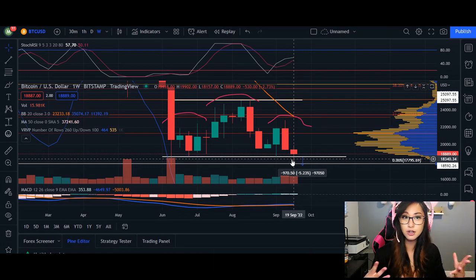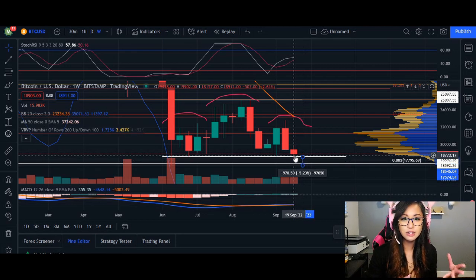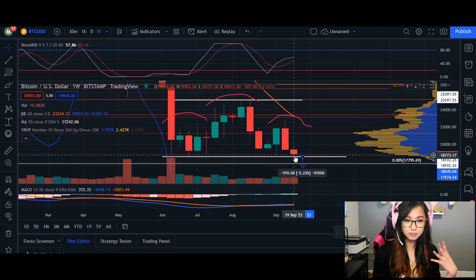We're going to take a look as well at the daily chart and the characteristics of our candlesticks, if there are any, to see where the price is going to go. As we can see with the RSI at the very top here at 57 and 50%, we haven't really confirmed if the price is going to overlap in hopes of a selling opportunity or a buying opportunity, but